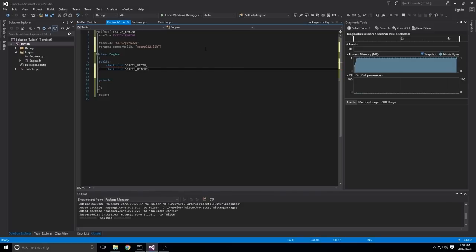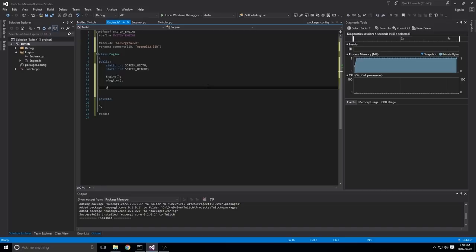We'll have those two, and we'll go ahead and actually create our constructor, our deconstructor, and we'll create a function. So basically the way I want to do this is not to initialize the engine as soon as we create it. We'll have an initialize method that will actually handle that for us, so that we can create the engine object and not necessarily initialize it right away, just to be flexible there.